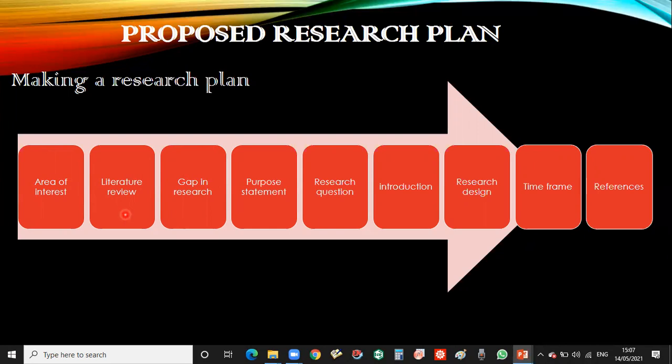For example, if the researcher wants to review the literature for the last 10 years, he will start from 2010 to 2020 and thoroughly review the literature in order to find out the gap in the research. The gap in the research is very important, and it is a very difficult task for the researcher to find it. If it is possible for the researcher to find the gap in the research, then he will